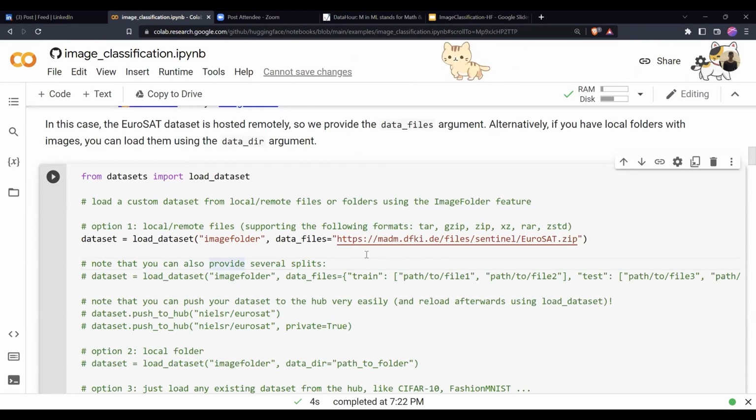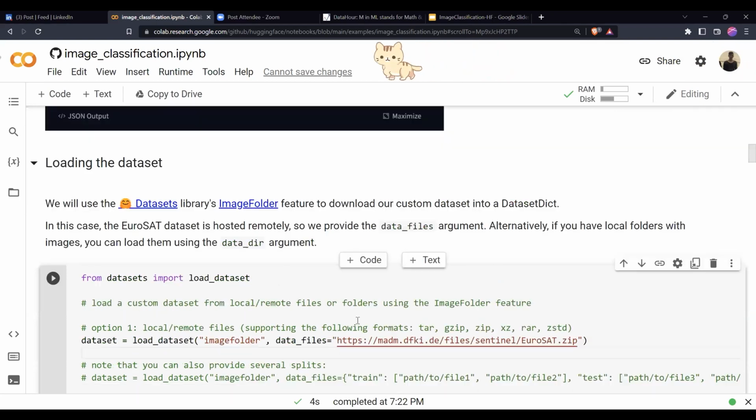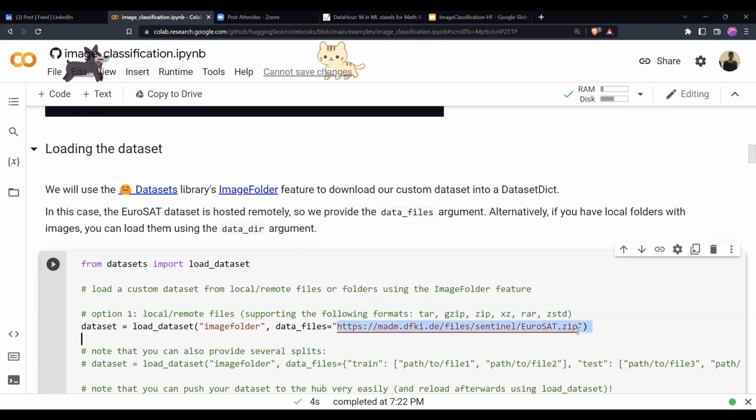Here we are downloading from eurosat.zip. If I go and check eurosat.zip, it has different folders for classes. At first level, there will be a folder, and inside that folder, there will be multiple folders, and every folder name is a different class. For example, it can be forest, hilly region, river, and inside each there will be images corresponding to those classes. Once we have a file like that, you can download this and check how the folder structure looks.